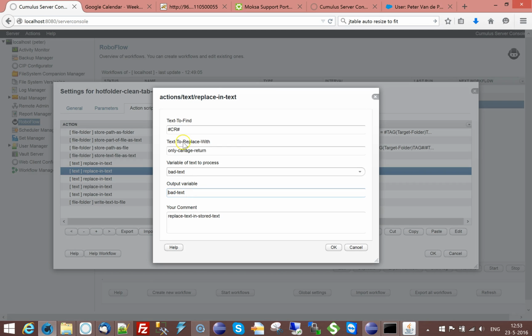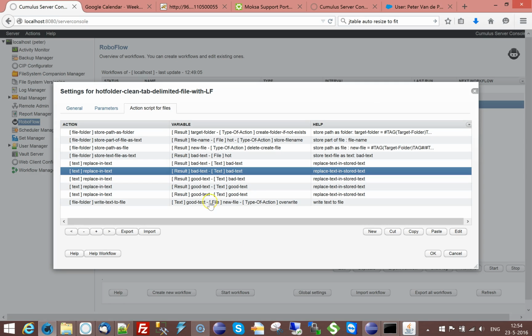The next thing I'm doing is I'm also picking up the carriage return, because if this file comes from a Mac, the end of the line will not be carriage return line feed, but just carriage return. So I'm doing only carriage return as well. I'm replacing it in the text. So now there are no real carriage returns or carriage return line feeds in there. Only tab characters that separate the columns and the bad line